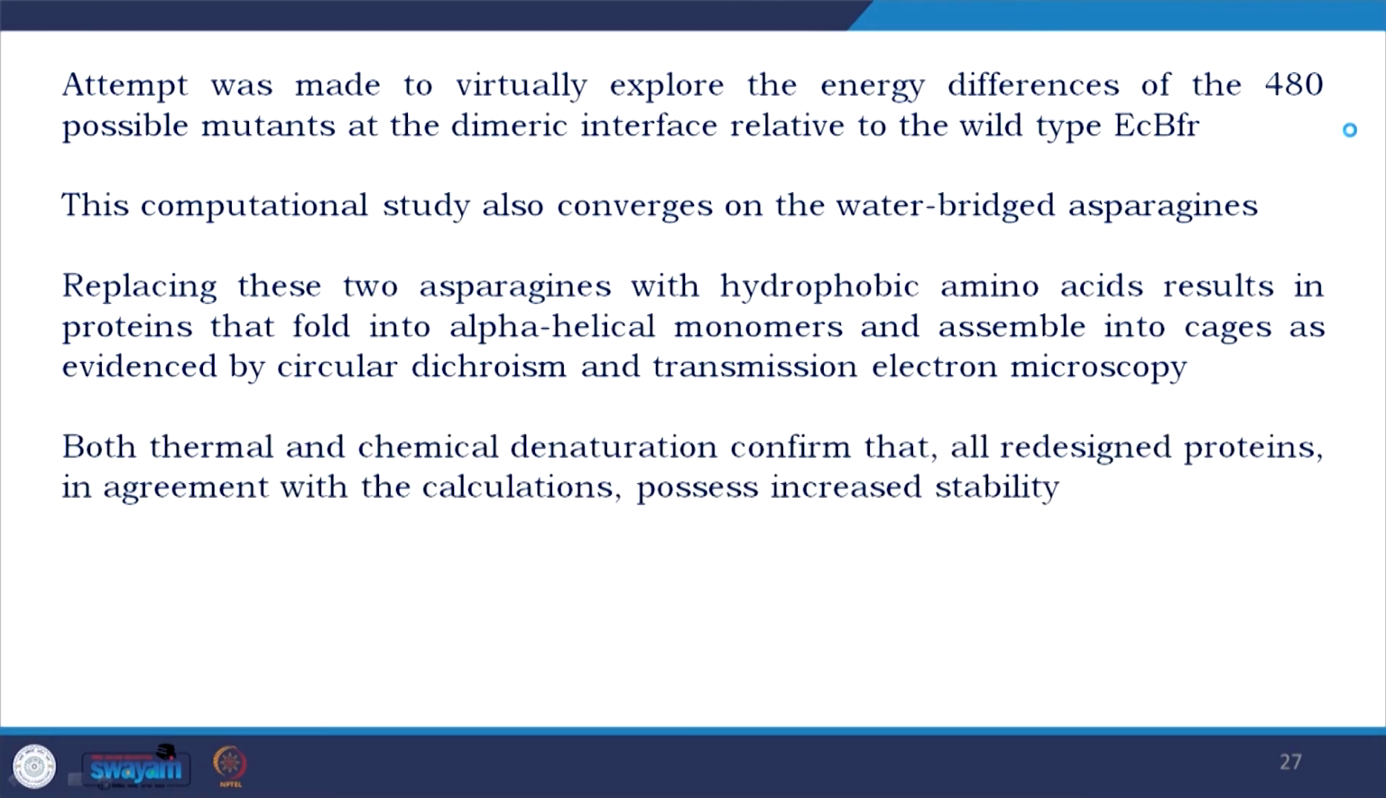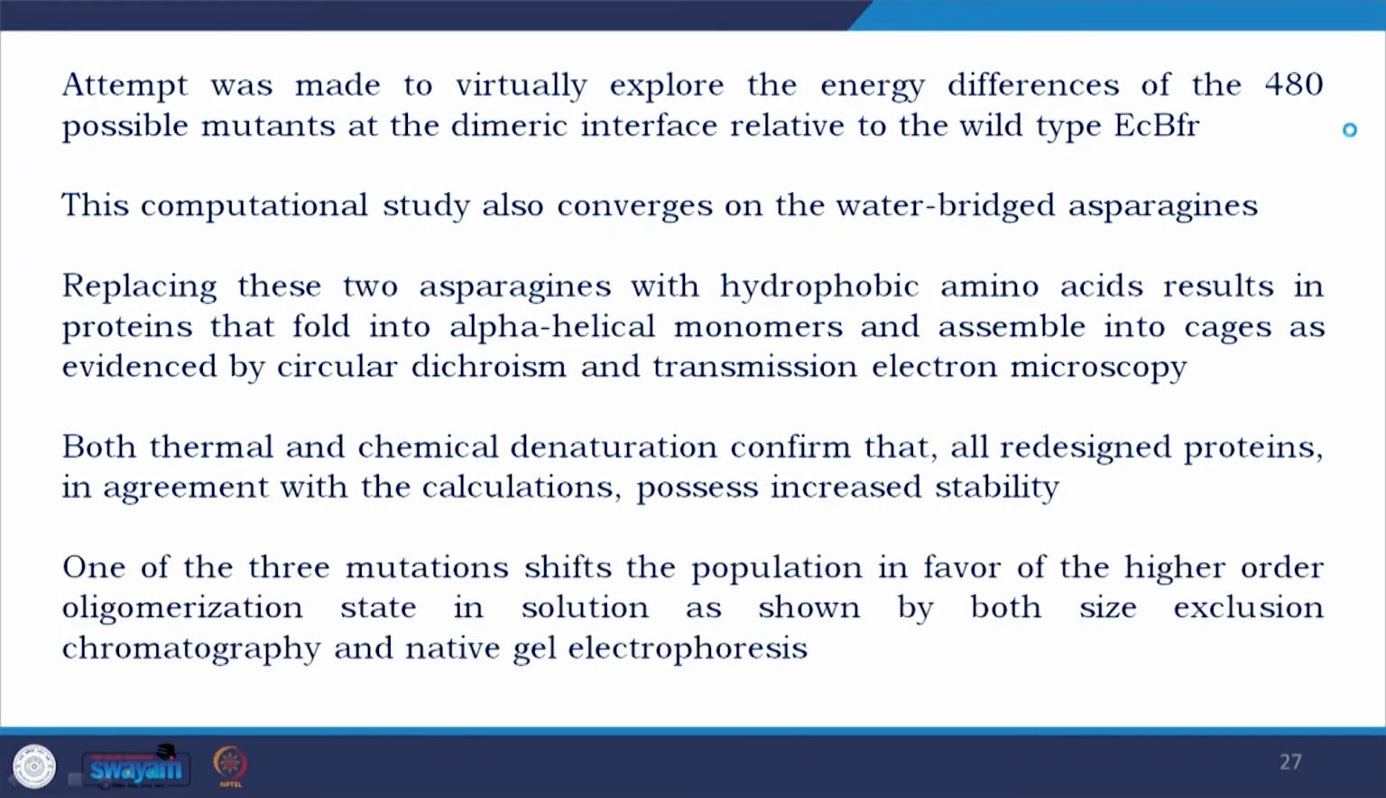Both thermal and chemical denaturation confirm that all redesigned proteins, in agreement with the calculation, possess increased stability. So, they were able to enhance the stability of the natural protein. One of the three mutations shifts the population in favor of the higher order oligomerization state. If you remember, they have a dimer state, so it pushed to the higher order oligomerization state in solution as